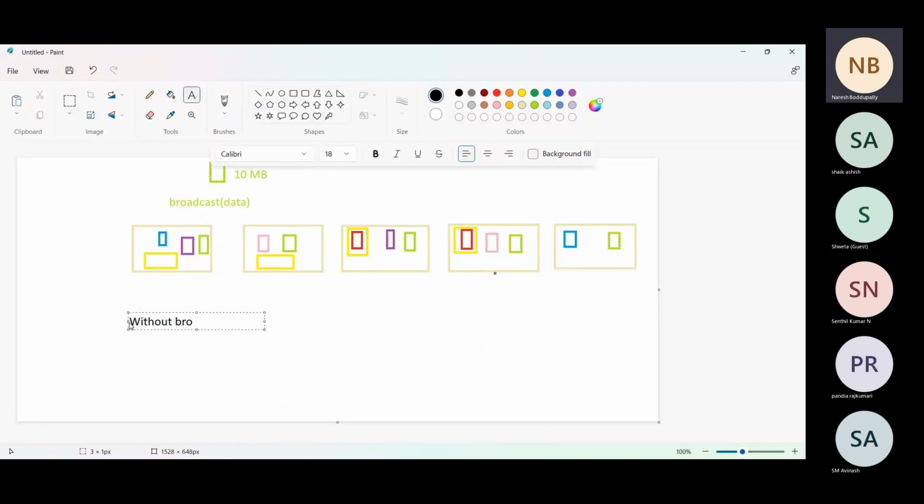Without broadcast, two nodes into 10 MB, that is 20 MB. The problem is it took some time to carry the data, or shuffle the data, to transfer the data into these executors. Correct? So now, when you do broadcast, with the broadcast,